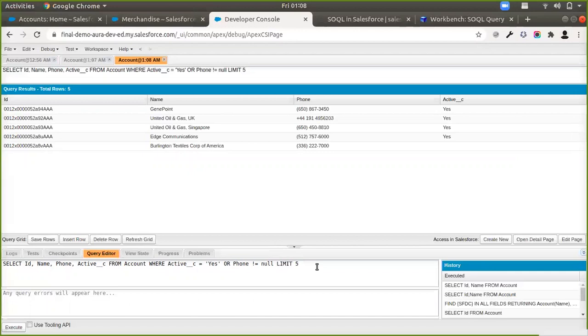So if your org has more than 50,000 records and you run a query like select name, phone, active from account, your SOQL will try to return more than 50,000 records, but it will break because SOQL cannot return those. So in those cases, you need to make sure that you put in a limit clause here of 50,000 so that your SOQL query does not break.